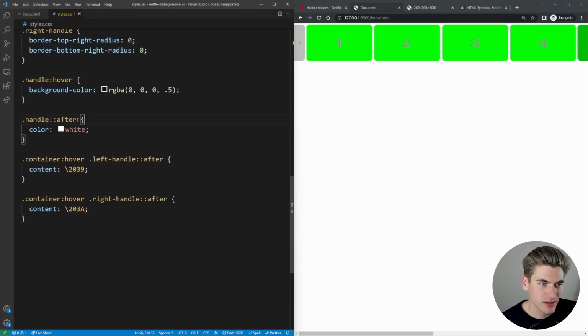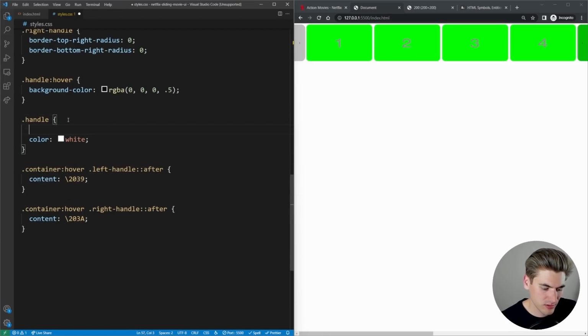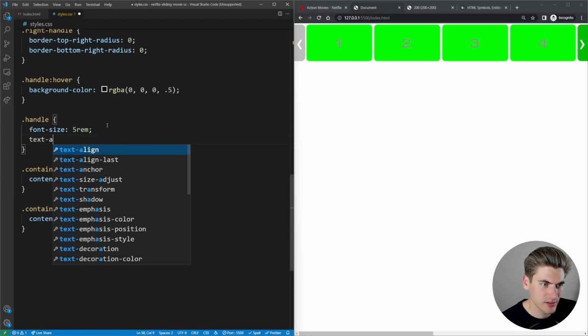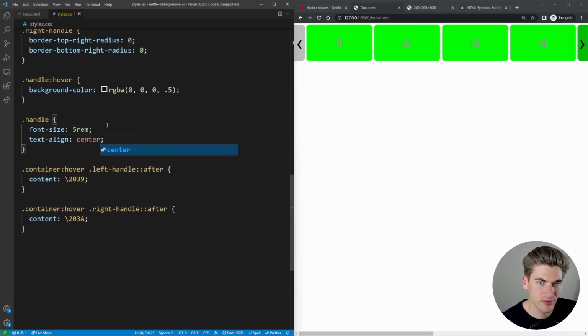We can just say handle, font size 5 rem, so much bigger. Text align center.